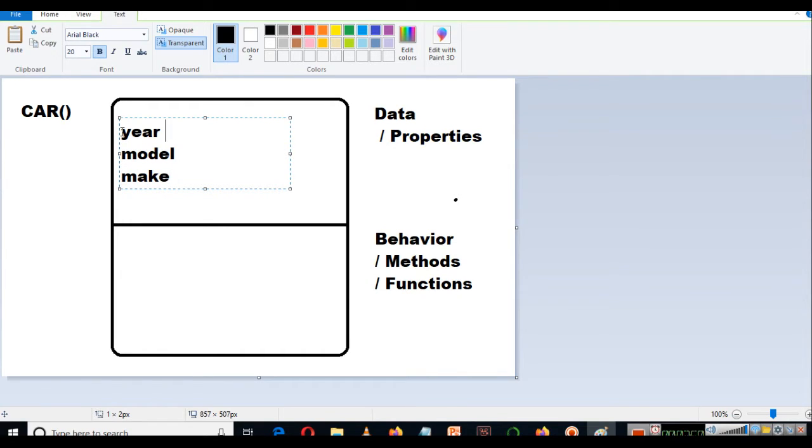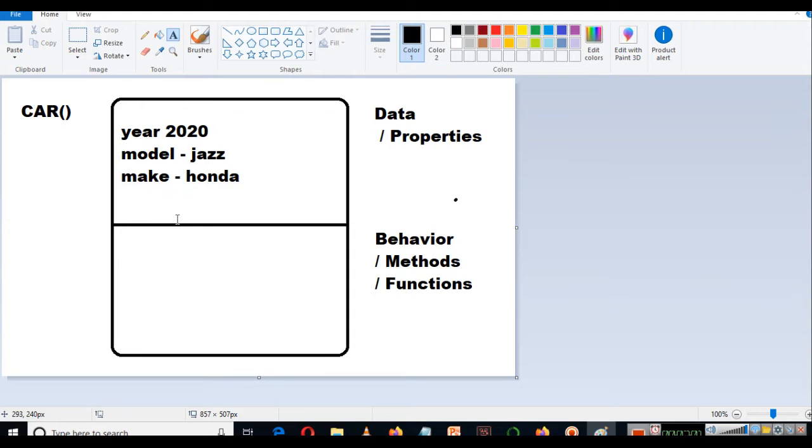For example, the year was 2020, the model of the car was, let's say, Jazz, and the make was, let's say, Honda. So these are the data or properties that will be associated by default with this car. We will create objects of this car, and all the objects of this car can be identified with this particular data.